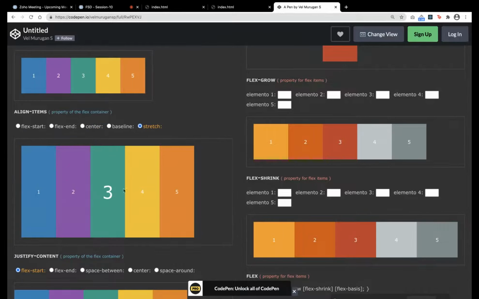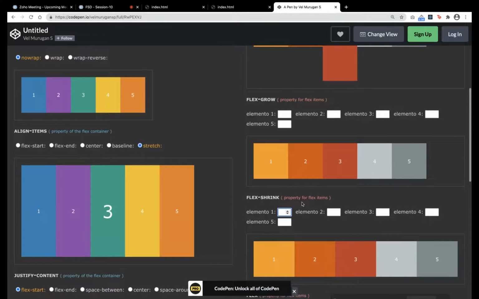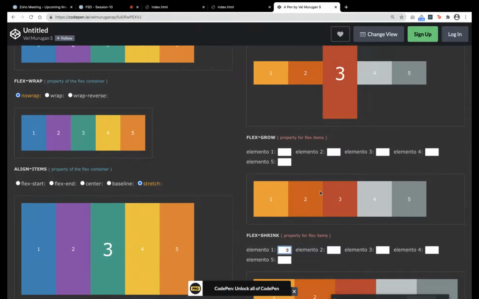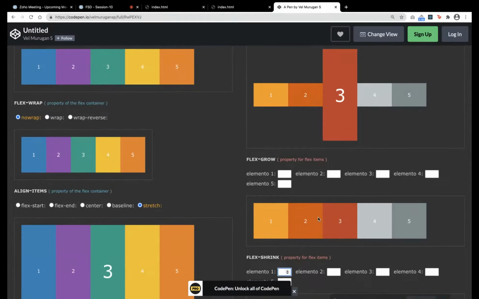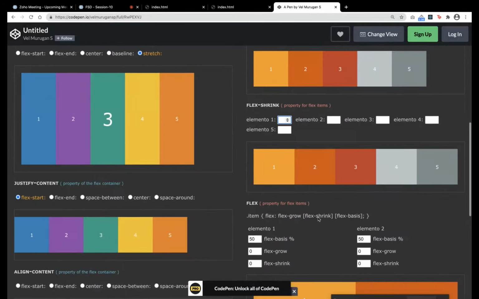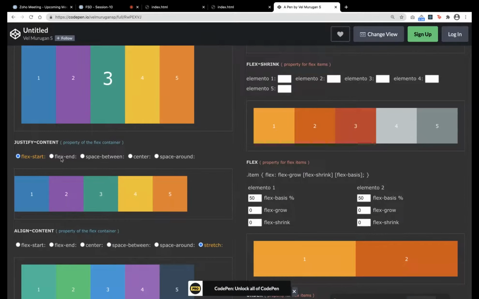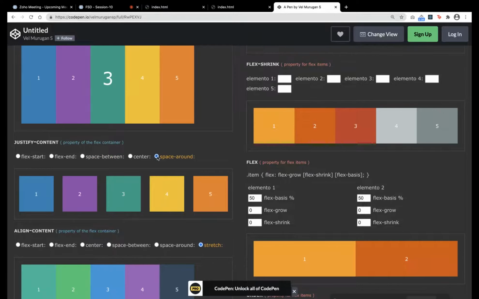Stretch will stretch everything to the fullest. And then flex shrink and grow, these two things you can leave for now. Other things you can check. Flex end. See, justify content: space between, space evenly, or space around.